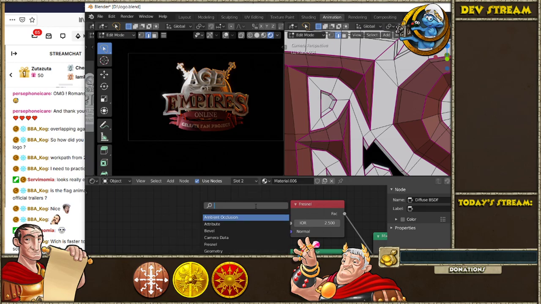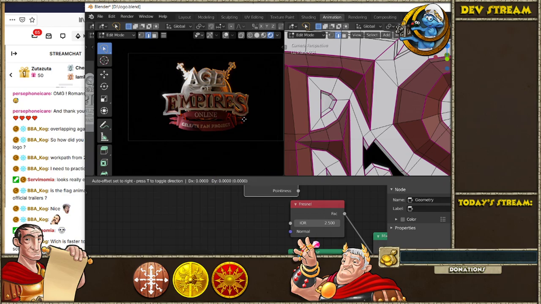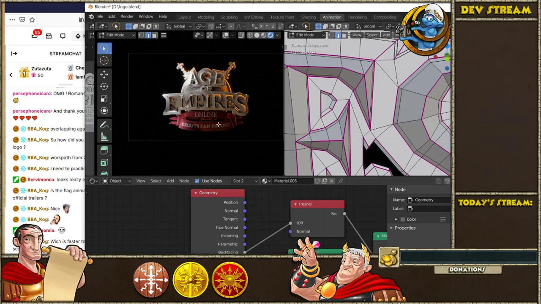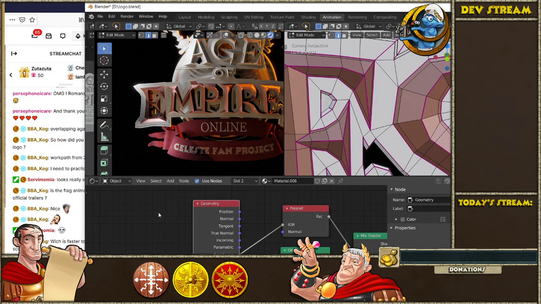Where is it? Where is the background? What is it? This is such a long time ago. Geometry? Yes, back facing. What does the back facing do? That is inside the